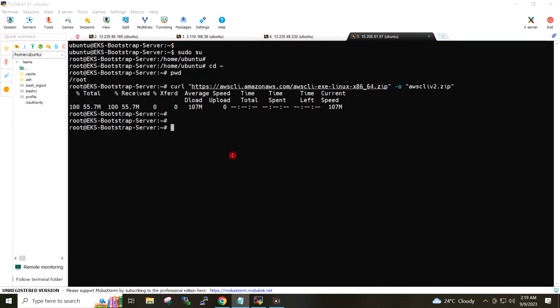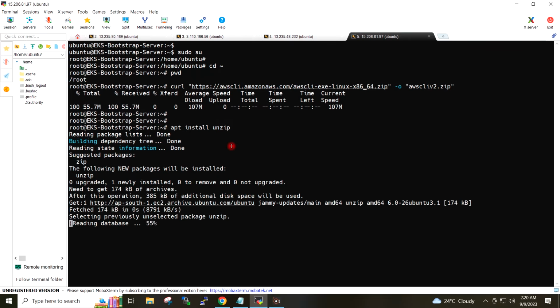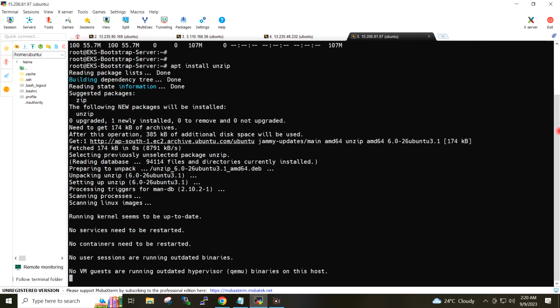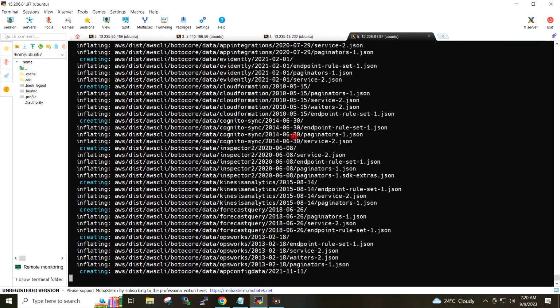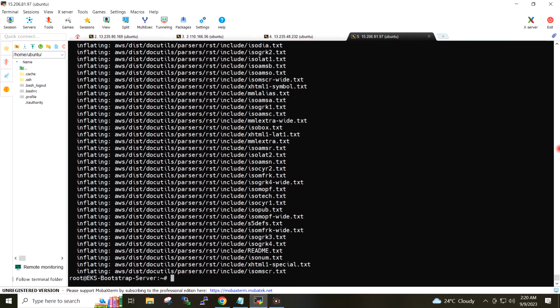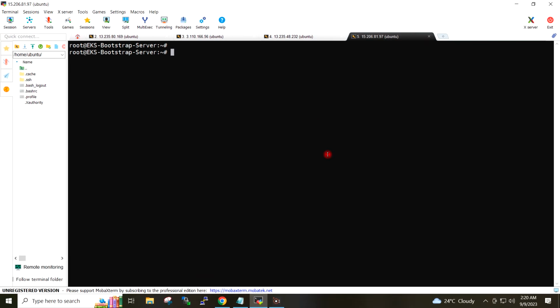I will install the unzip with this command. I will unzip the downloaded AWS CLI package. I will run it.